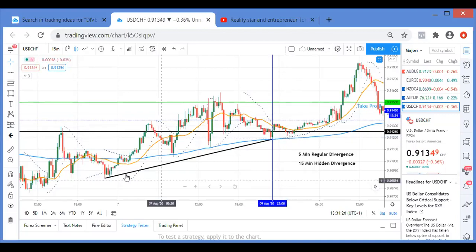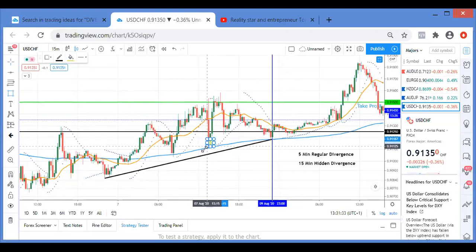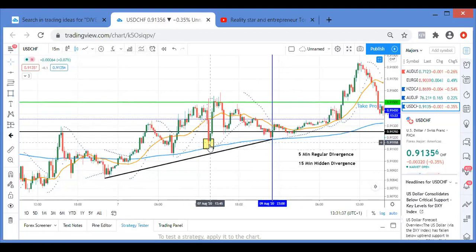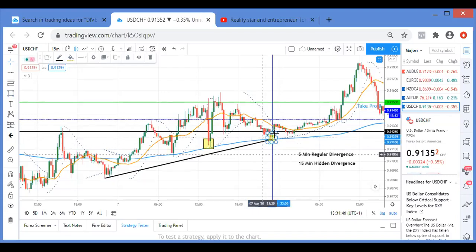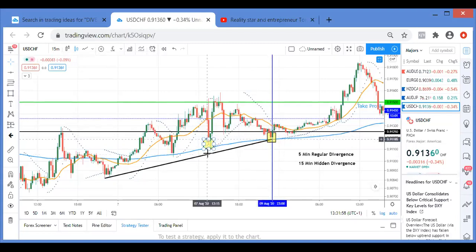Or just say, for instance, this low was this low. Let me put it here as an example. We were comparing this yellow low to this low here. Let's put another one. So as an example, if I'm not in the trade, if this low closes below this low, the trade is void. Why? Because we are looking for higher highs and lower lows.